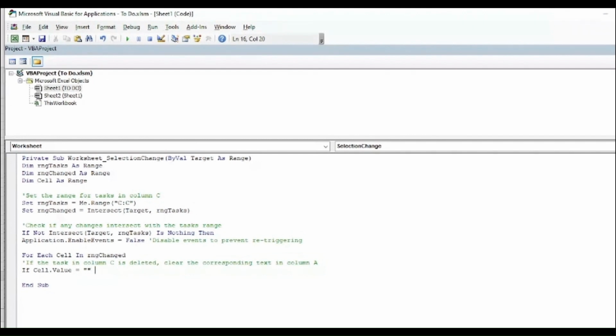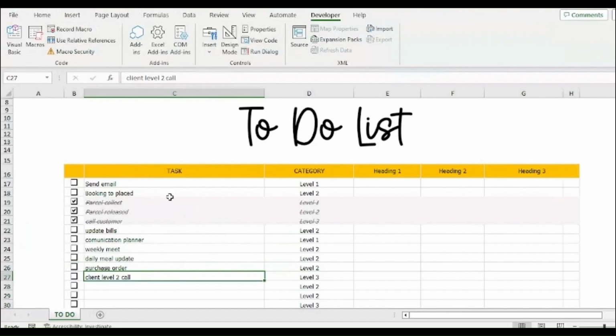That means if the cell value under the task is nothing,